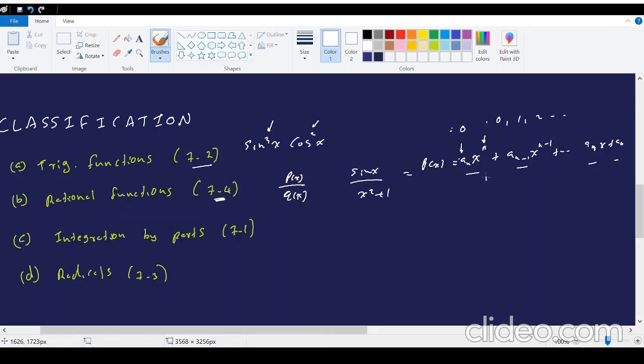If it is a negative value, then the x term will be something like this, and we don't consider these as polynomials, right? Okay,